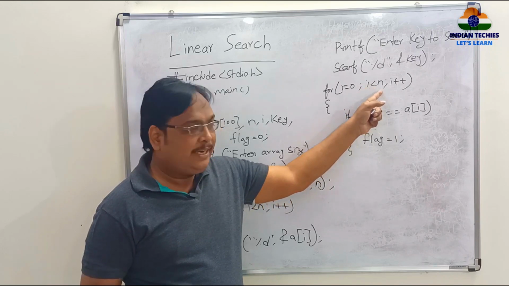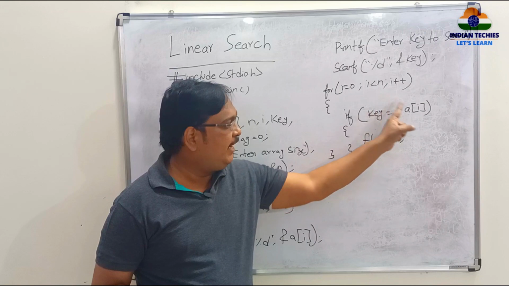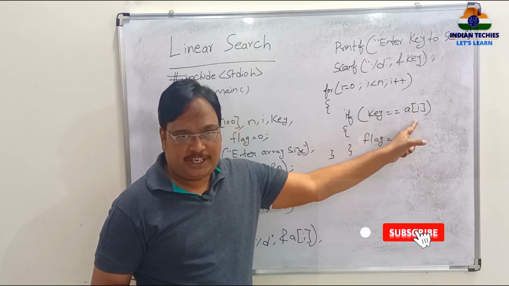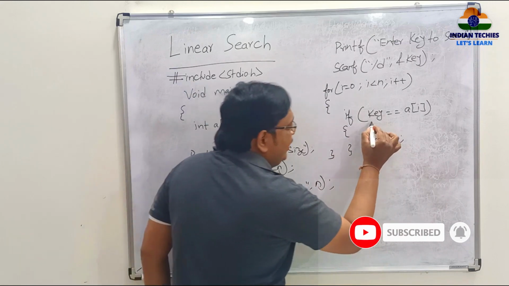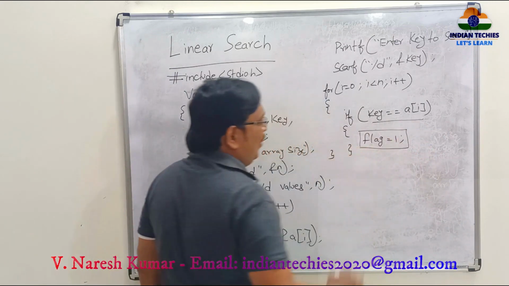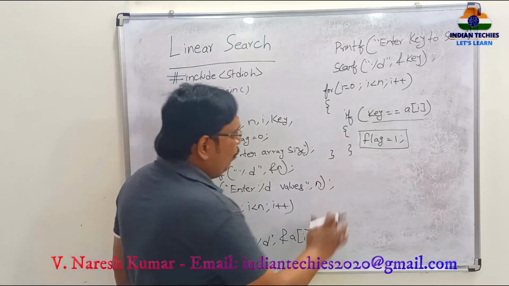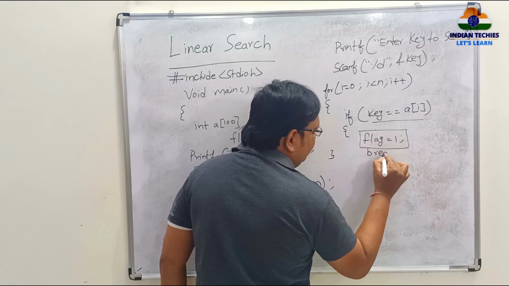1 less than n, yes. You will check with a of 1. Next you will compare with a of 2. Next you will be comparing with a of 3, 4 like that until the element is found. Suppose your element is found, then you are setting the flag value as 1, and you have to break